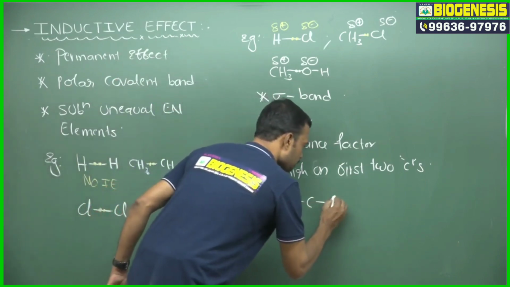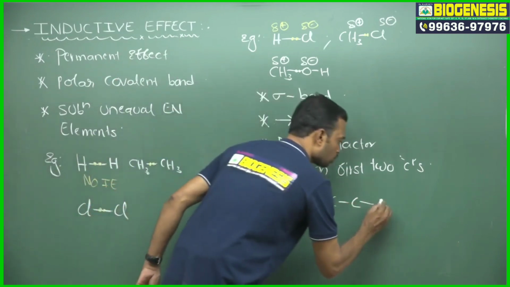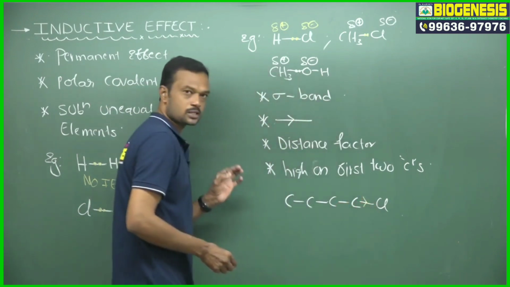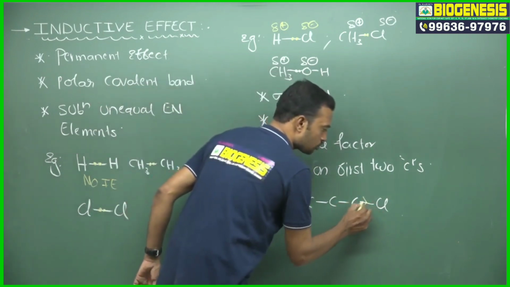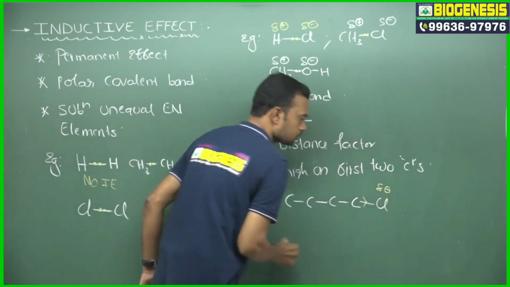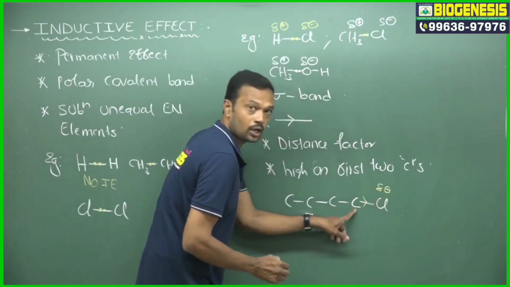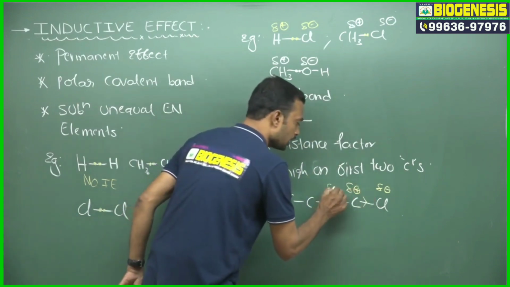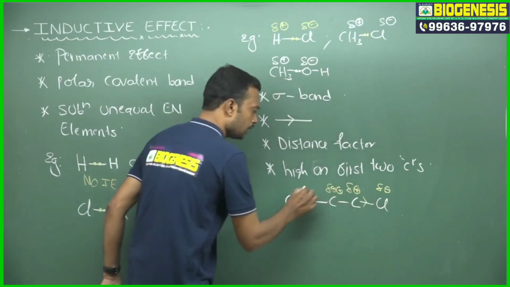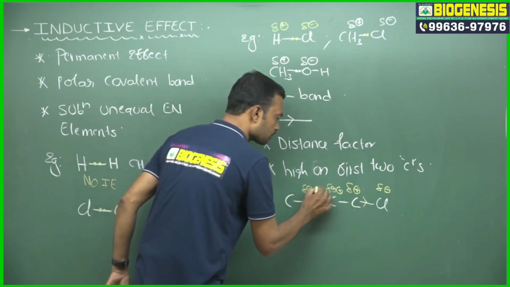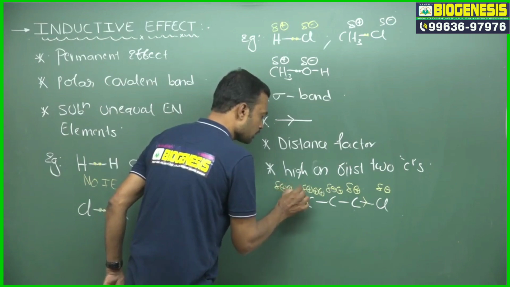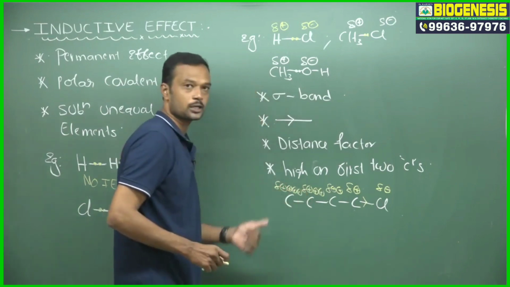Suppose I take four carbons. Now here chlorine is an electron withdrawing group. An electron withdrawing group is represented like this. It is taking electrons from this, so it is negative, and this chlorine effect is very high on this carbon, which will be represented by partial positive. This is a little less on the second carbon, very less on the third carbon, and this one is completely absent. An infinitesimally small dipole is created here.